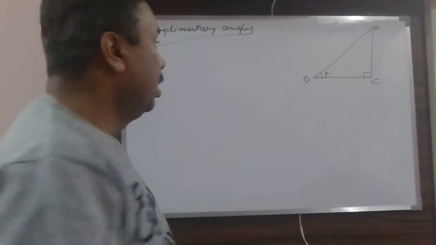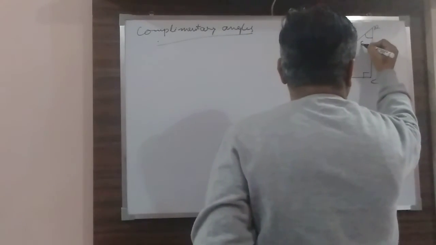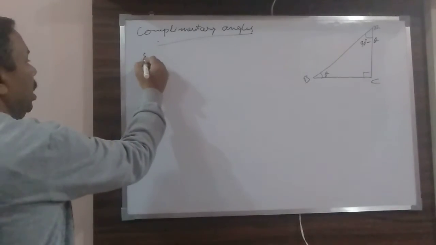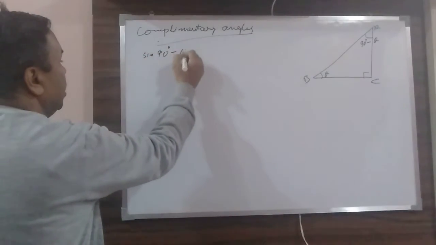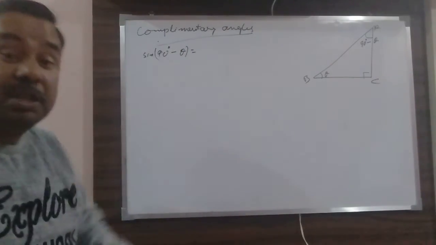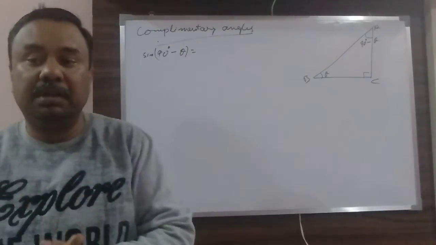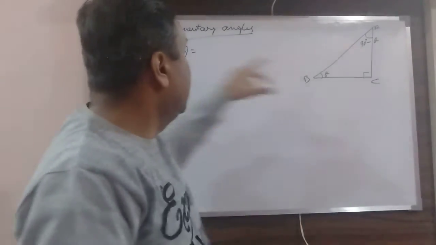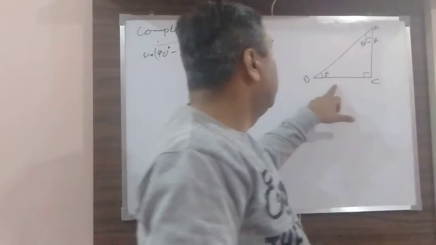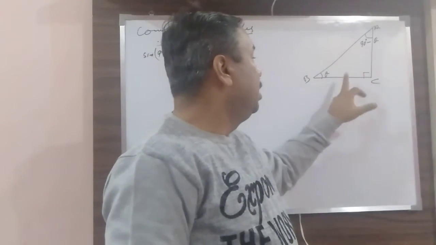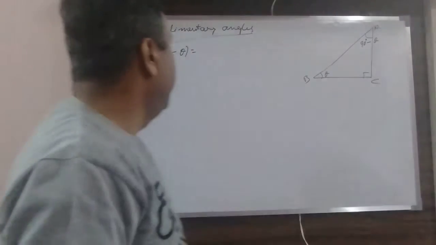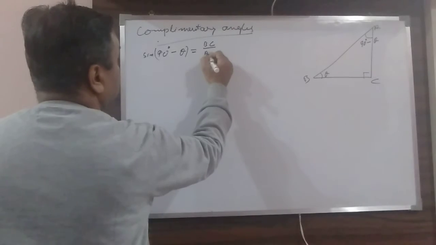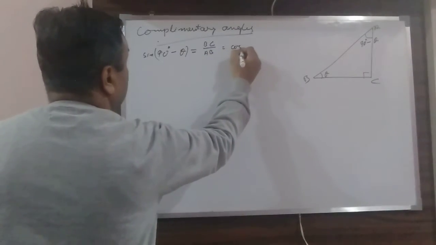So as I have explained earlier in this class, starting part, if this is theta, then this will be 90 degrees minus theta. So what will happen if I have to find out sine 90 degrees minus theta? I have already explained this to you while I was calculating the ratios for 60 degrees. For this angle, this will be the base, this will be the opposite side, and this will remain the hypotenuse. So now this will become BC by AB, and actually what it is, cos theta.